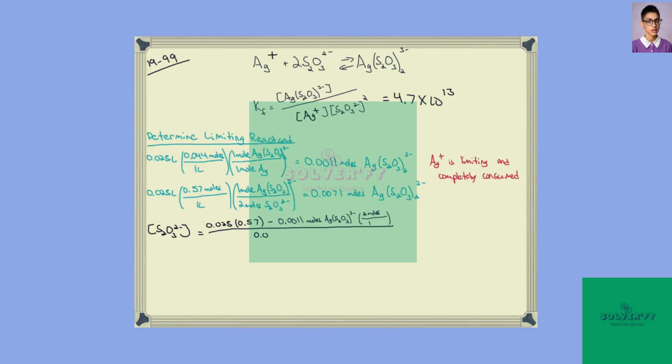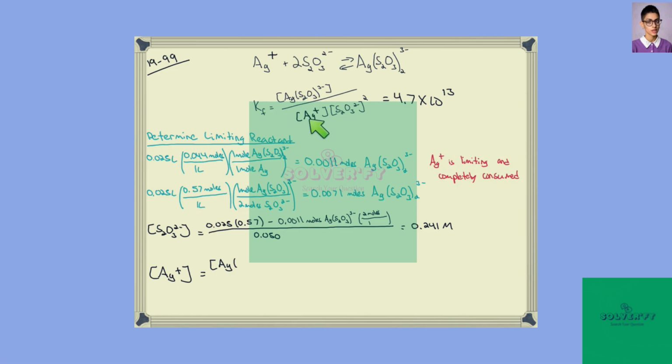We then divide that by the new volume. We mix 25 milliliters of each solution together, so we now have 50 milliliters, or 0.05 liters. And we get a final thiosulfate concentration, after the complex ion has formed and all the silver has been consumed, of 0.241 molar. So if we go back now to the Kf expression and rearrange it, we can solve for